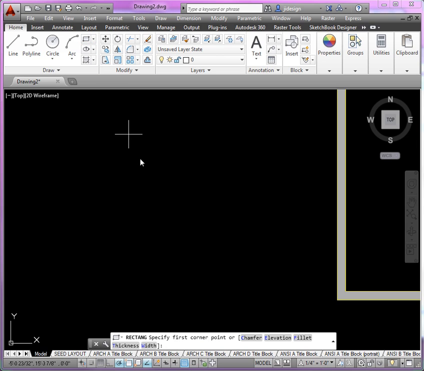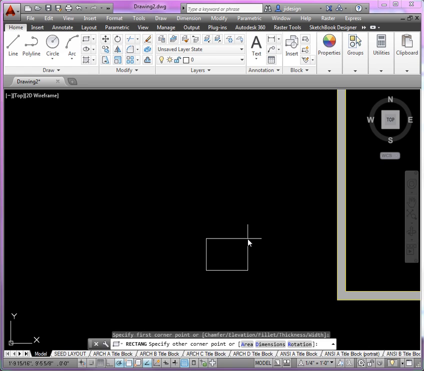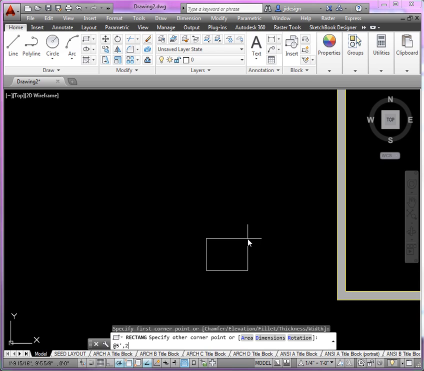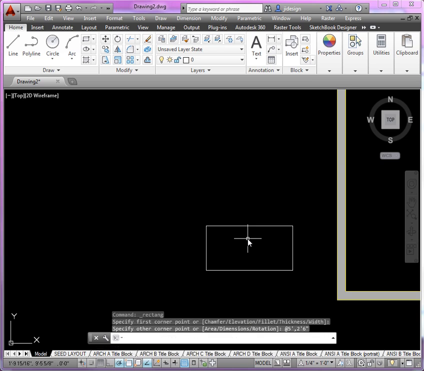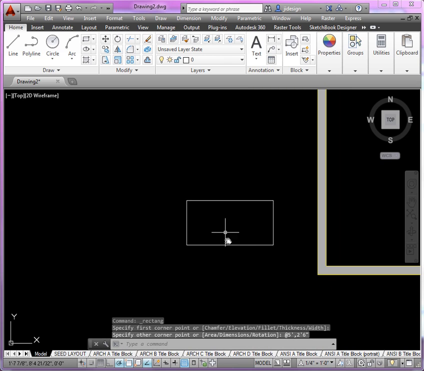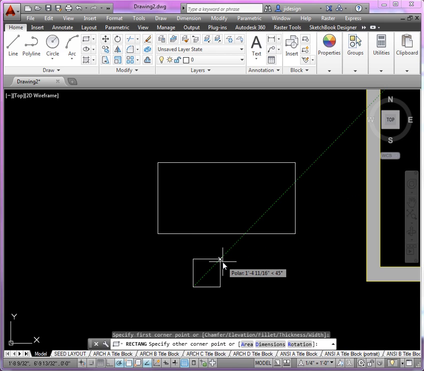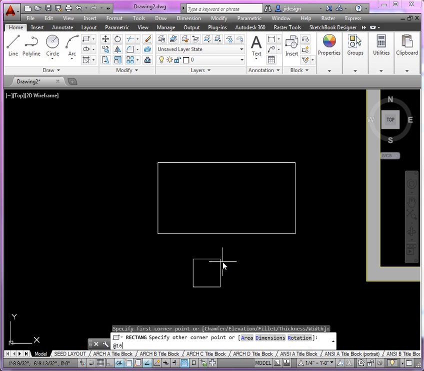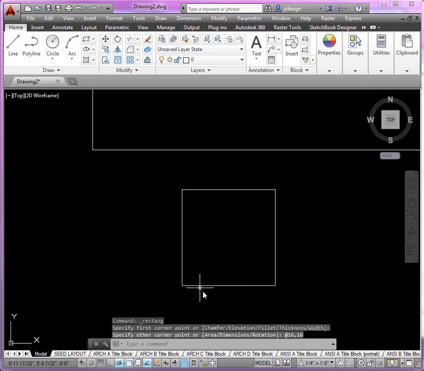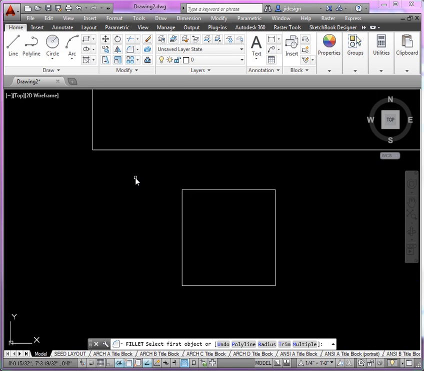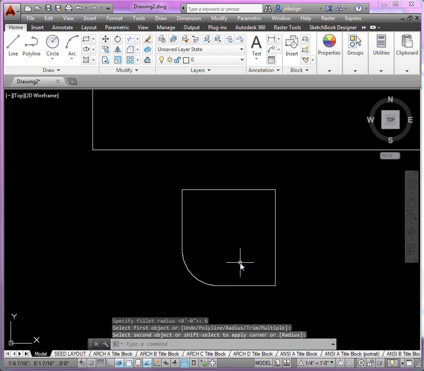So start with the rectangle, and I'm going to make this using relative coordinates 5 feet, comma 2 feet 6 inches. All right, and then our seat here, we're going to make it 16 inches. So I'll say at 16, comma 16, enter. I believe we have a radius of 6, right? So we'll zoom in, we'll use fillet, type R to define the radius, enter the value there, 6 inches, and then we'll select each side there, re-enter the command,